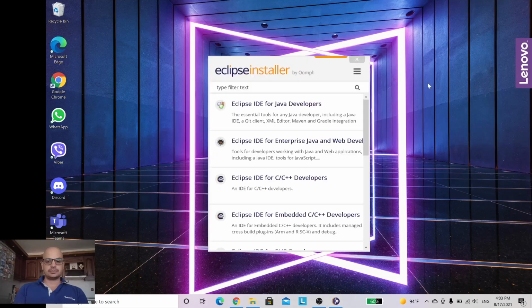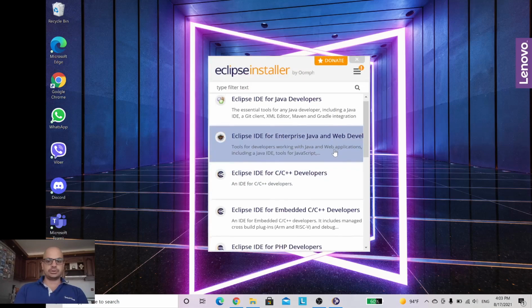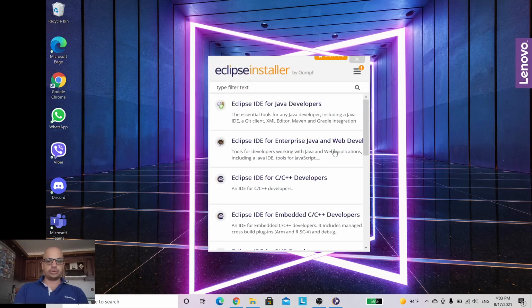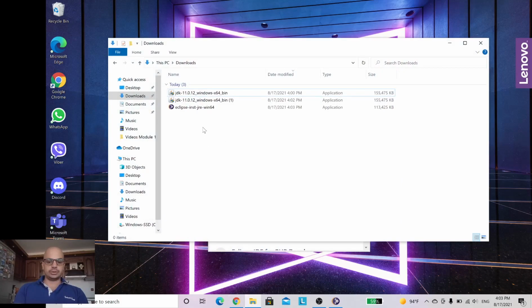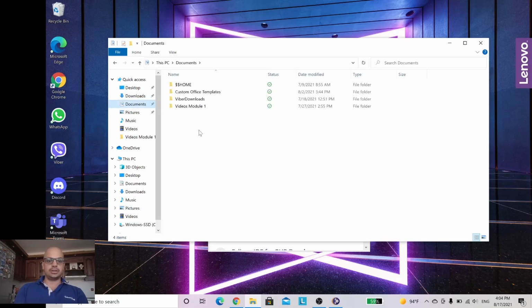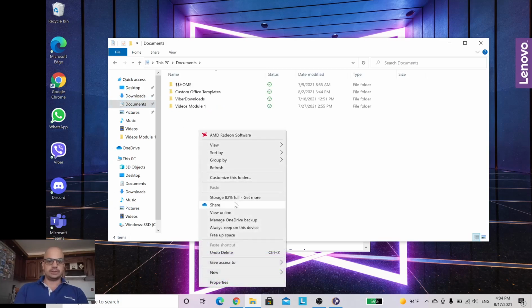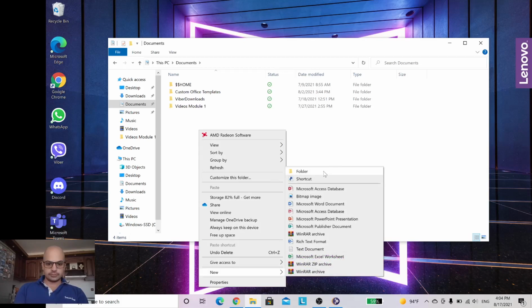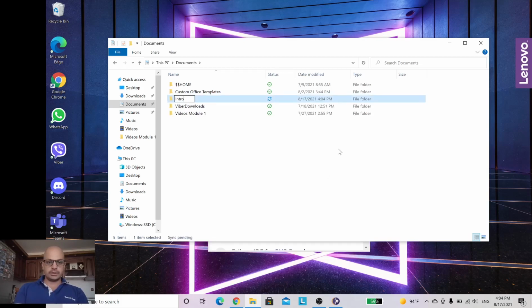After again a couple of seconds, it's going to give you the option which version of Eclipse to install. Before deciding on this one here, it is a good practice to create a folder somewhere, a directory, which your Eclipse environment is going to use to store the projects and to start the projects. In my case, I'm going to create it somewhere in my file system. And I'm going to name it Introduction to Computer Science.